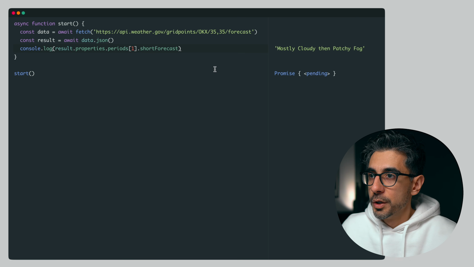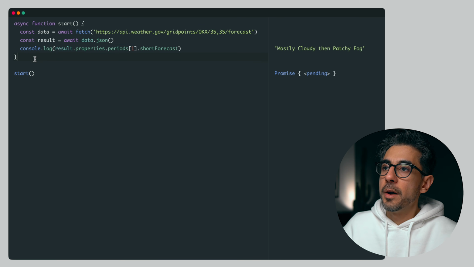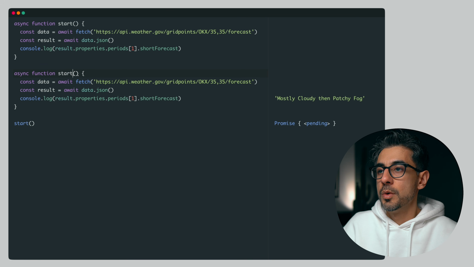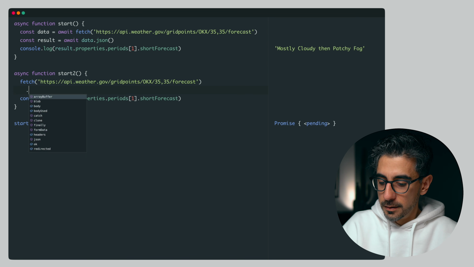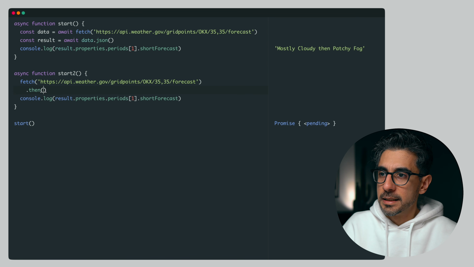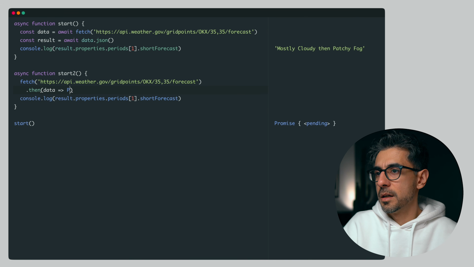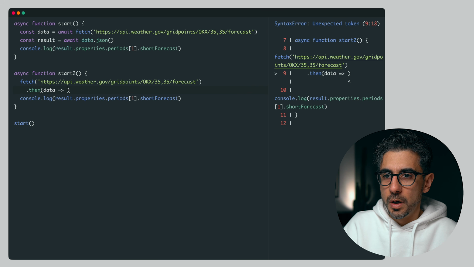and I can do whatever I want to do with it. So that's the magic. And so let's compare it now to, I'll write this one more time as a start to, like I did before, as if this was written in the old format. Then I can get, what do we call that? Data. So data comes back, and then what do I want to do? I want to do